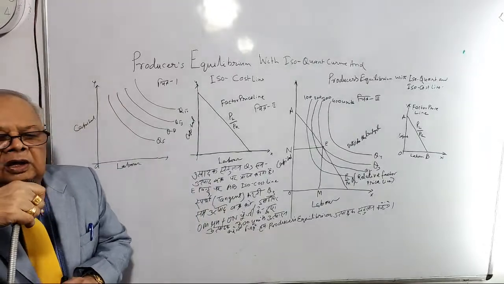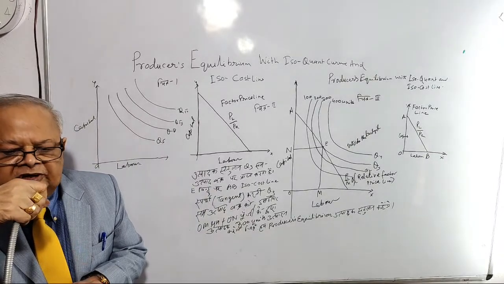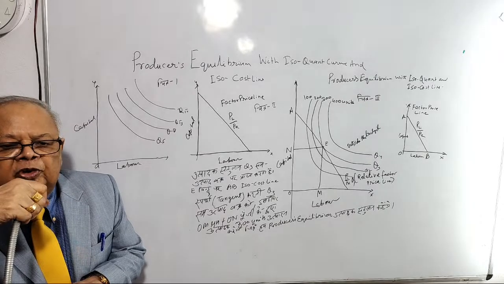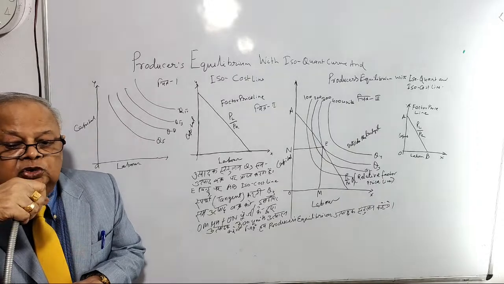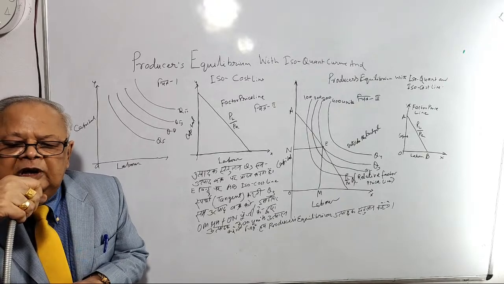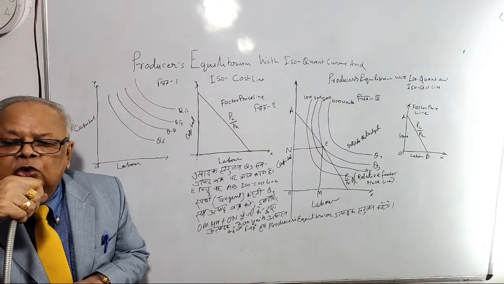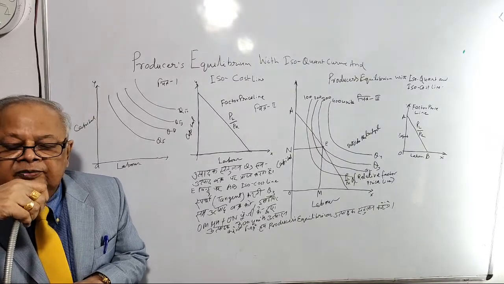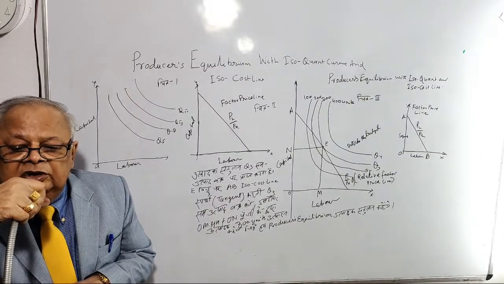तो यह स्पष्ट हो गया कि आइसो क्वांट के द्वारा और आइसो कॉस्ट लाइन के द्वारा हम प्रोड्यूसर्स इक्विलिब्रियम को प्राप्त करते हैं। हम लोगों का टॉपिक था प्रॉपर्टीज ऑफ आइसो क्वांट एंड आइसो कॉस्ट लाइन, और by knowing these two we arrive to the conclusion of producers equilibrium। अगर BPSC एग्जामिनेशन में आता है कि व्हाट डू यू मीन बाय प्रोड्यूसर्स इक्विलिब्रियम, एक्सप्लेन प्रोड्यूसर्स इक्विलिब्रियम विद द हेल्प ऑफ आइसोक्वांट कर्व, तो ये जितनी बातें आपको बताए हैं वही आपको लिखना है।